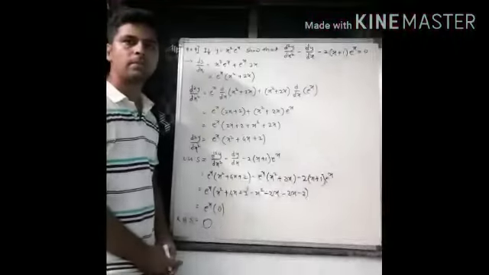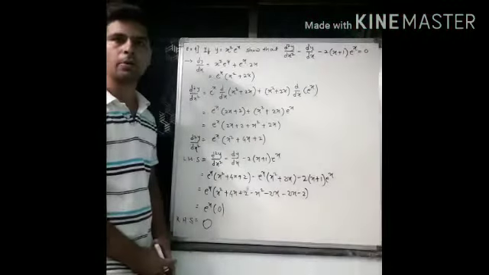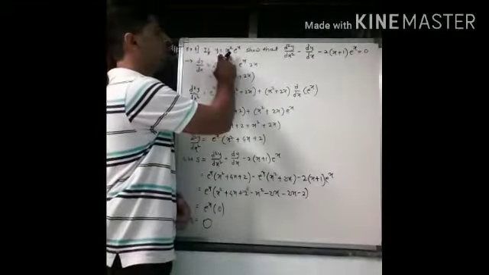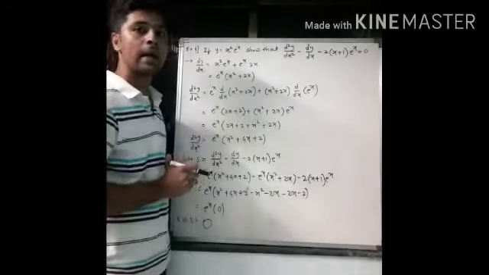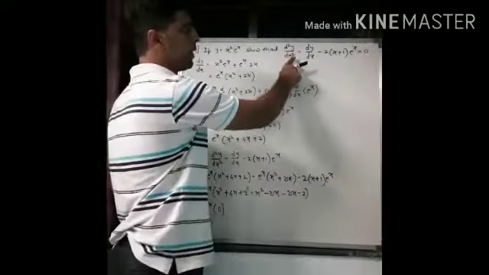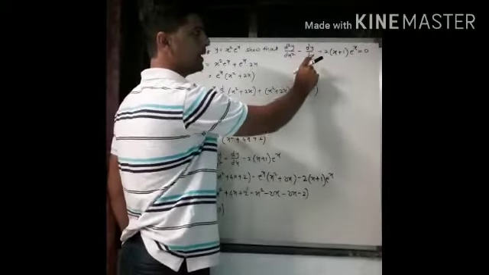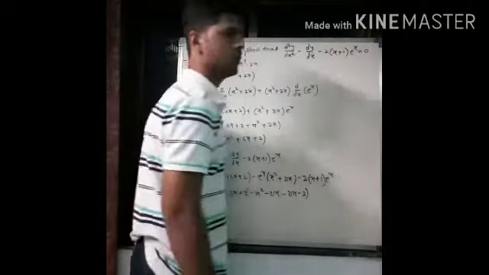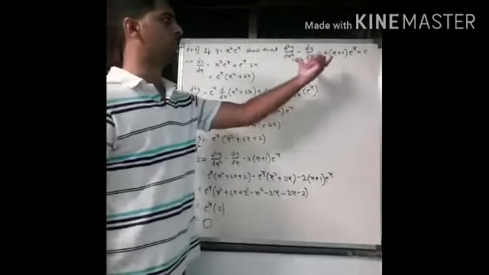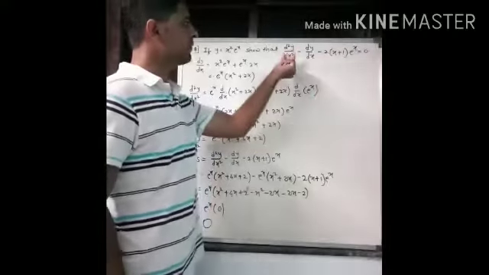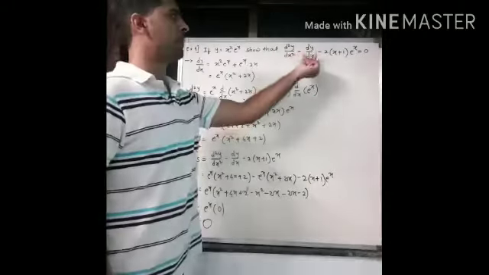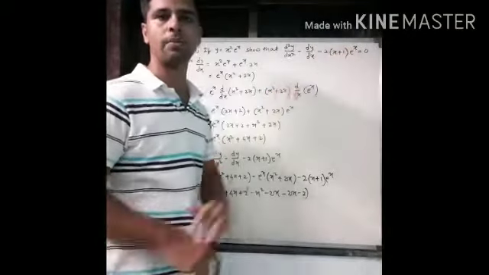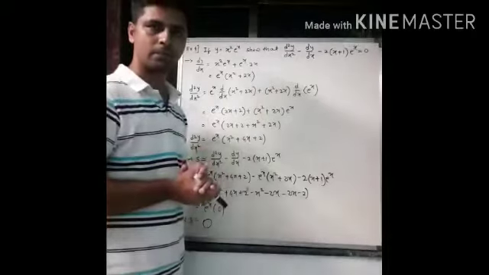Okay, let's see the fourth sum. This is a very important sum according to the board exam. Here the function is given, that is y equal to x square into e raised to x, and we have to show d square y by dx square minus dy by dx minus 2 times (x plus 1) into e raised to x equal to 0. Right? Means we have to prove left side equal to right side. Means if you take the second derivative, subtract the first derivative from it and subtract this term from that, your answer should be 0. This is the question.